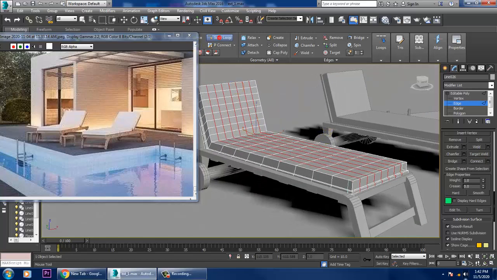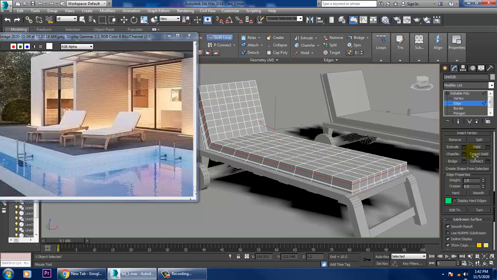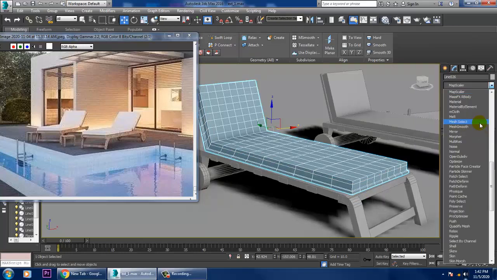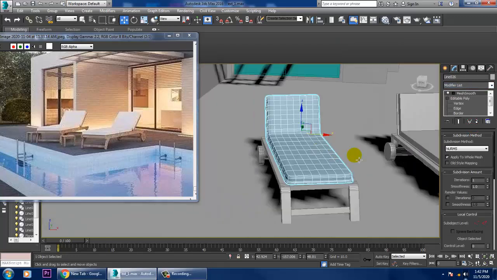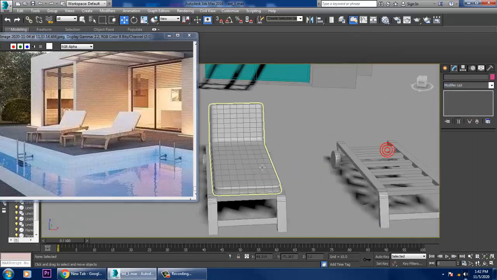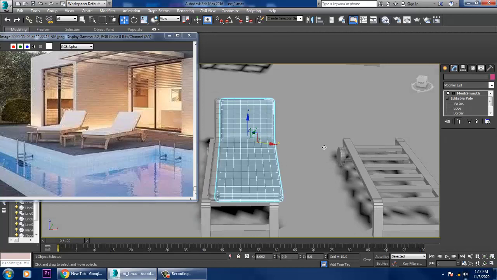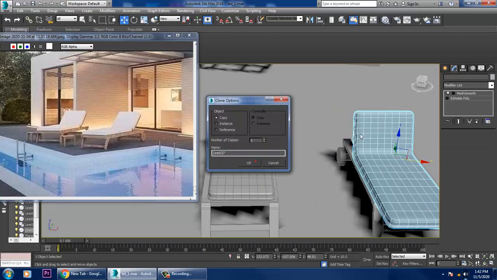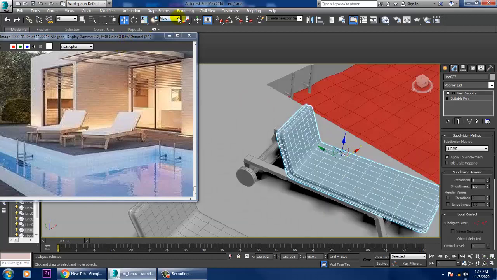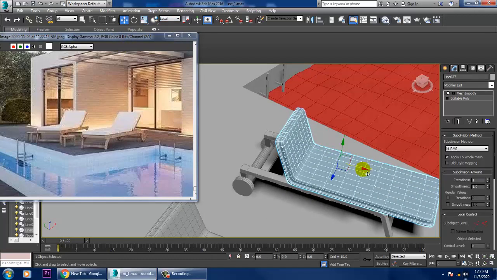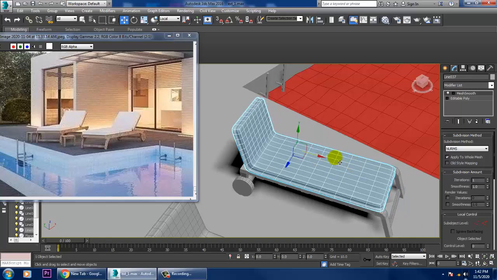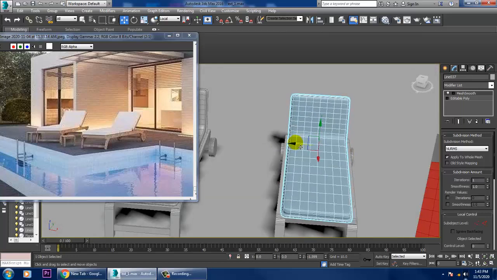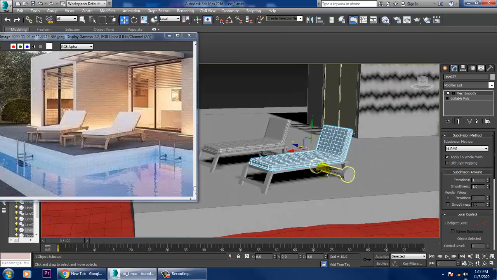And let's go into this and give a mesh smooth over here, much better. So let's just delete this and let's just duplicate this over here. Save your file again.